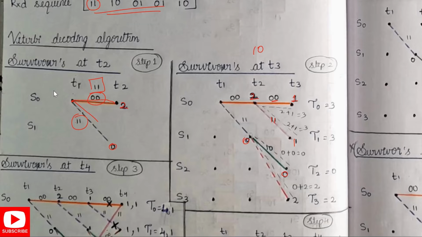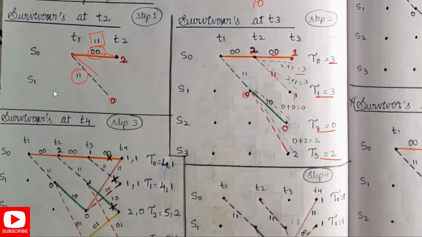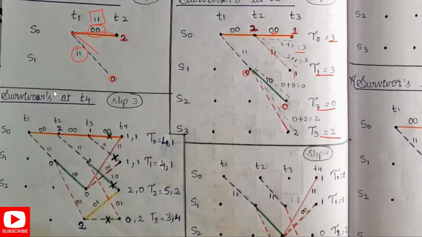So now, here it is 2, here it is 1. So what will be the path metric of both of them? 2 plus 1 will get added up and it forms 3. Again here, 2 plus 1 is 3. Here it forms 0 plus 0, 0. And here 0 plus 2, it is 2. In step 3, you write down the same thing that you have written here